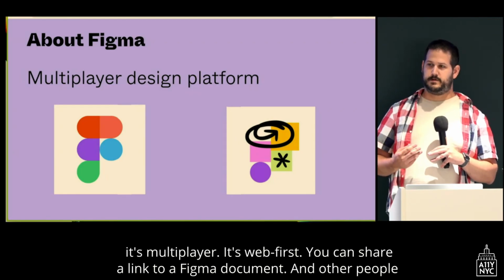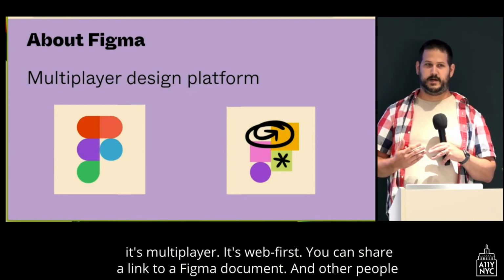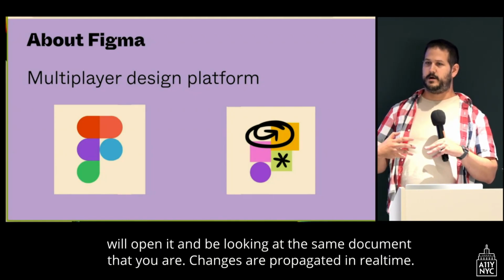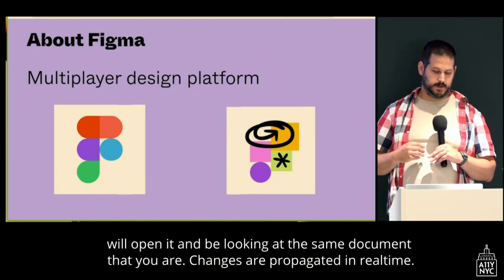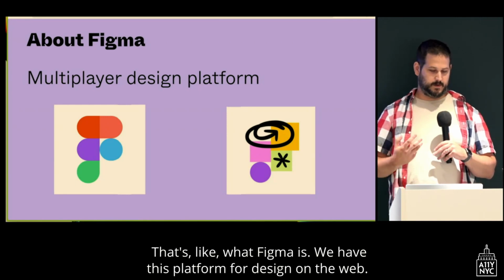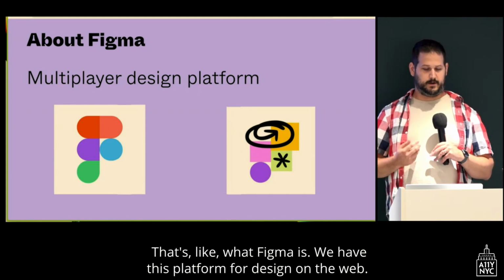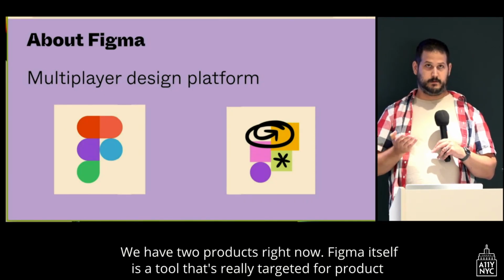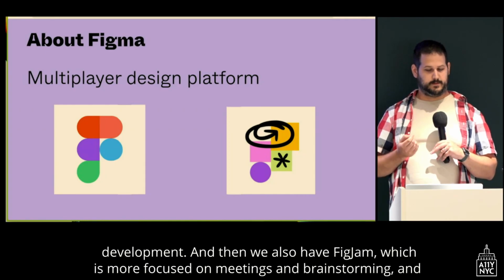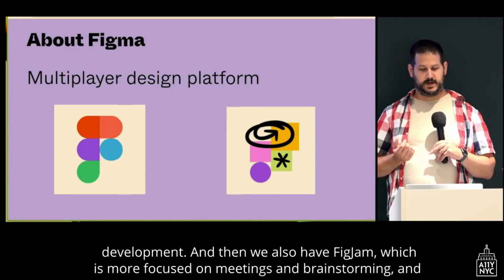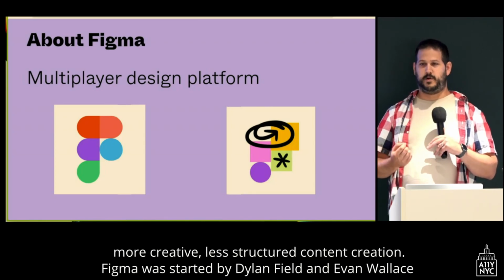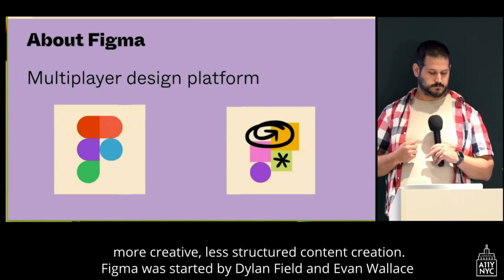It's web first. You can share a link to a Figma document, and other people will open it and be looking at the same document that you are. Changes are propagated in real time. That's what Figma is. We have this platform for design on the web. We have 2 products right now. Figma itself is a tool that's really targeted for product development. And then we also have FigJam, which is more focused on meetings and brainstorming and more creative, less structured content